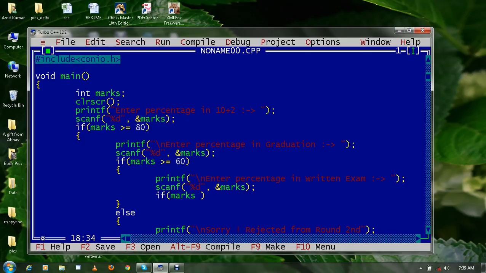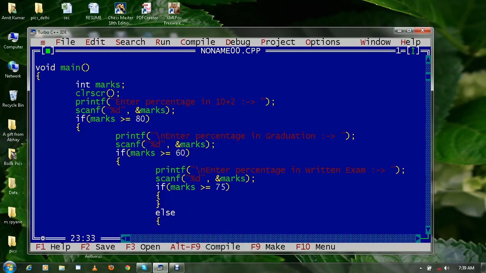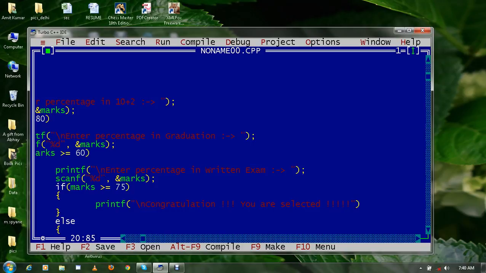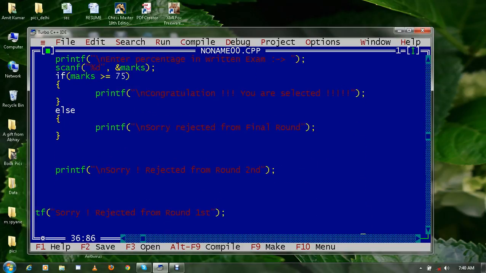If marks is greater than equal to 75, else, and if the condition is true, it will print. So the program is over now.